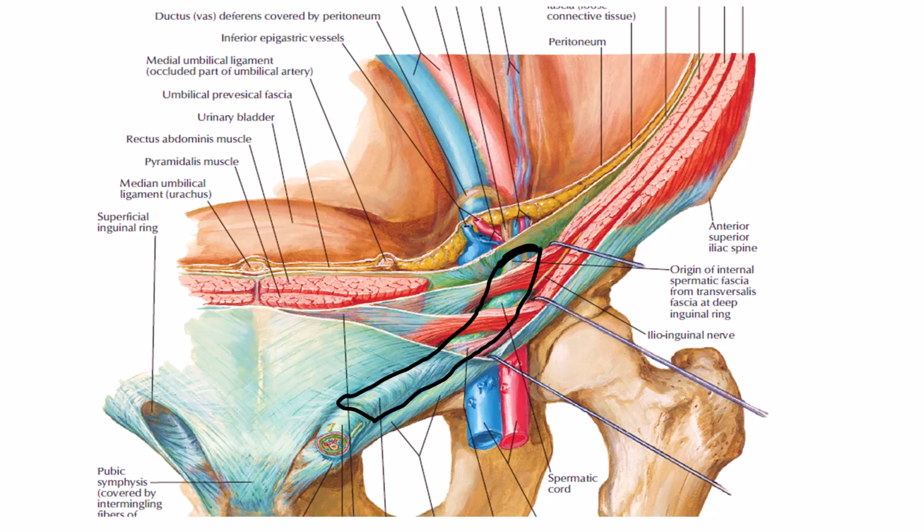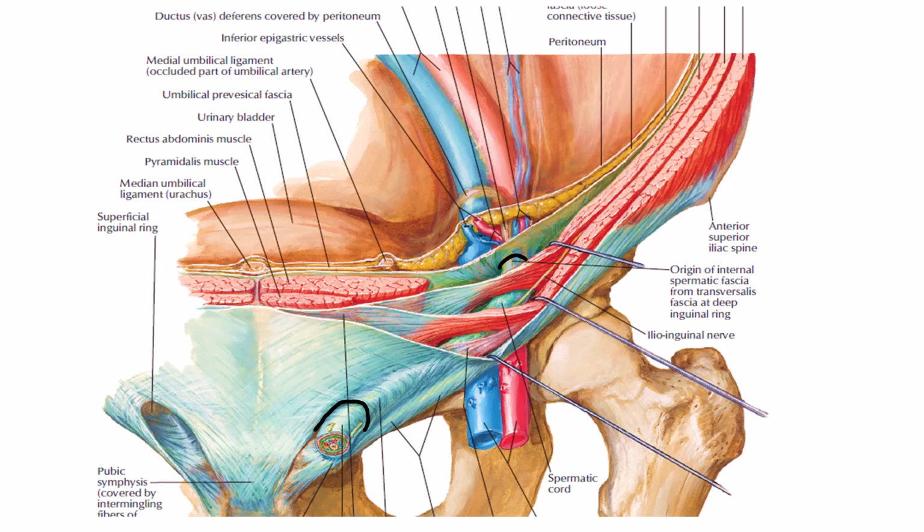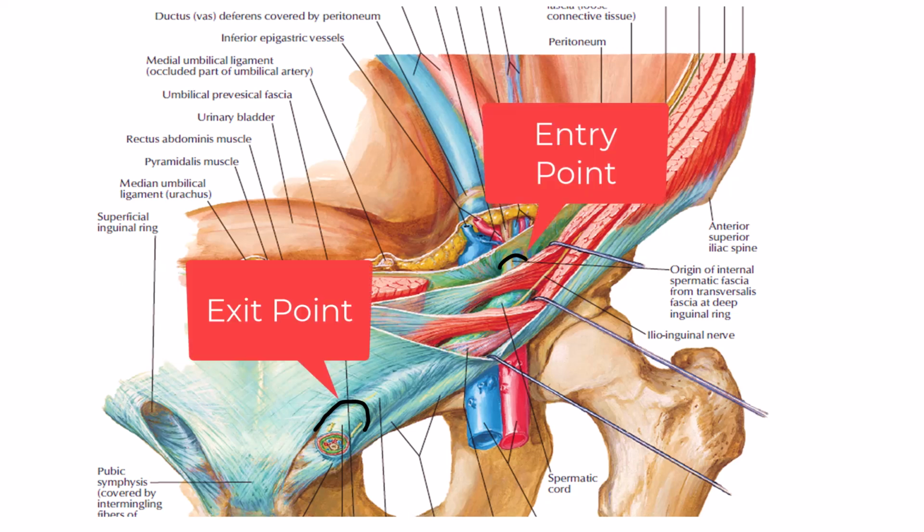And there is also a difference of this canal in males and females. If we talk about a male, this canal is larger as compared to females. Another important point to remember is that the inguinal canal has two rings, and these rings, you know very well, are the deep inguinal ring and the superficial inguinal ring. These rings are just like an entry and an exit point from where the structures, as I told you, will enter from the abdomen to the groin area, lower down in male and female. So this canal is a passageway, so of course it needs an entry and an exit point.